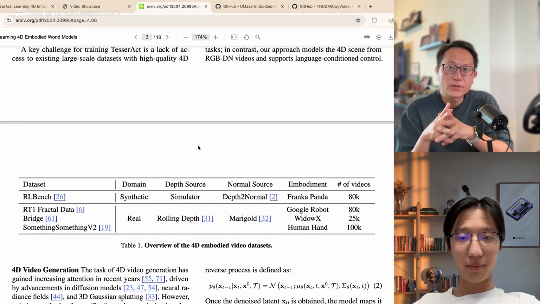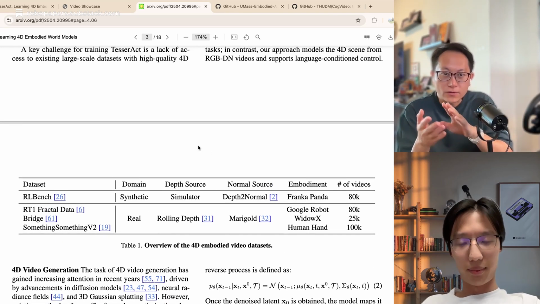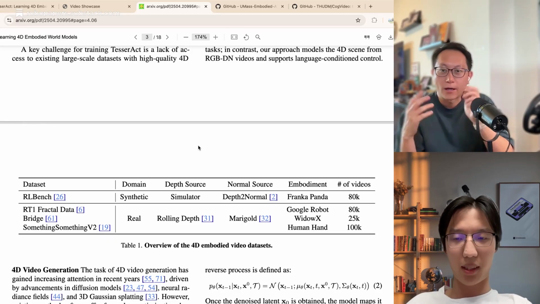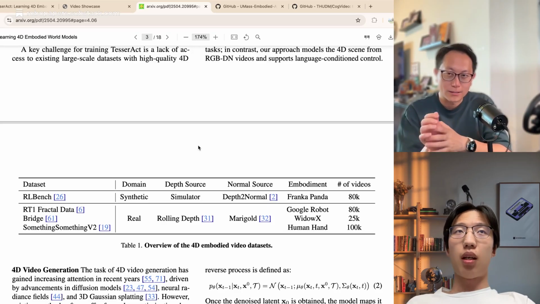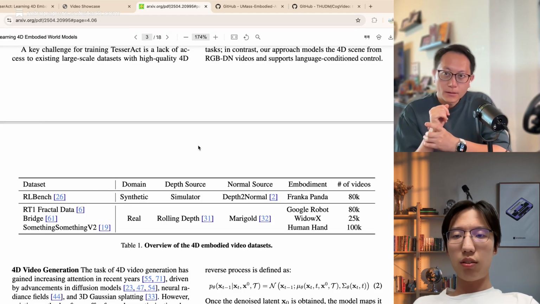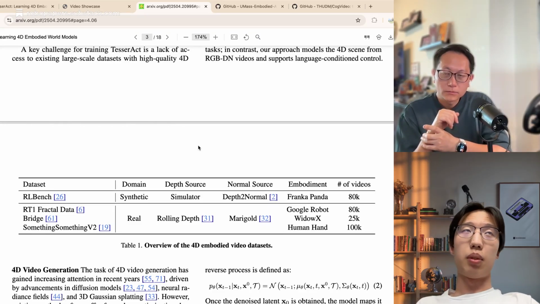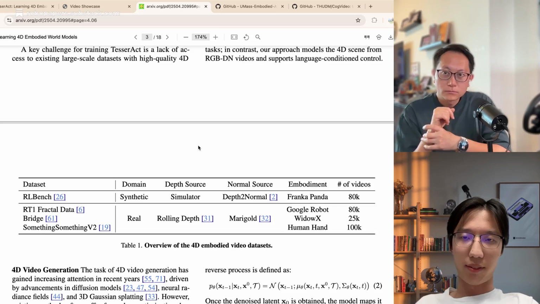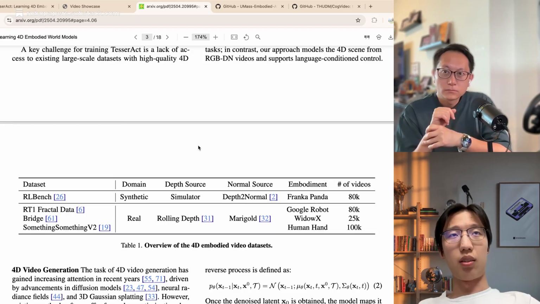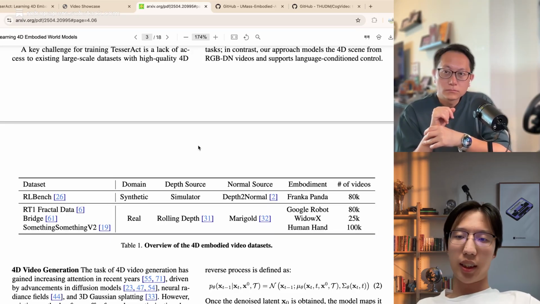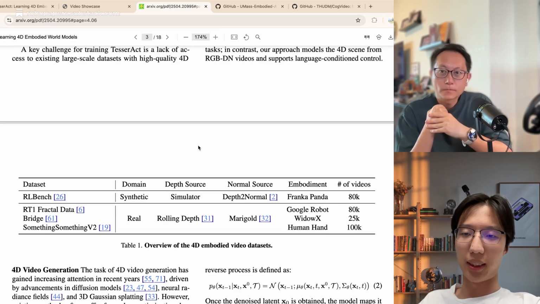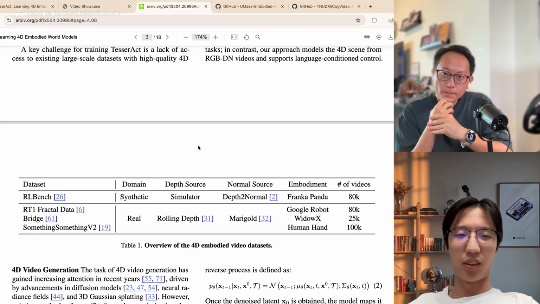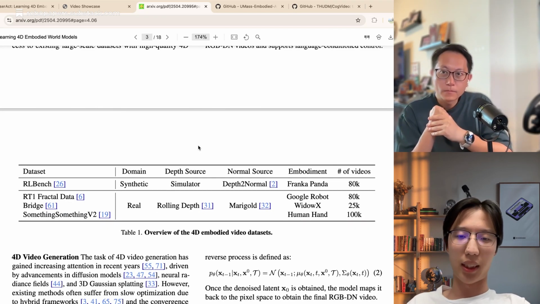And typically with these videos, when you say like 80,000 or 100,000 videos for Something-Something, typically each of these videos, I imagine, lasts for maybe a couple of seconds, doing a very specific, short task, I suppose. For the video, the length can be maybe 150 frames per video, so that can be 8 seconds long. It depends on the FPS. So it's a really large-scale dataset, benefiting from Open X.